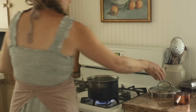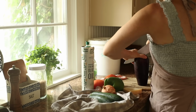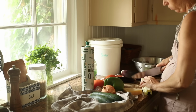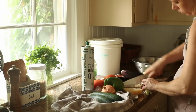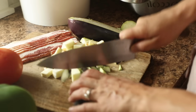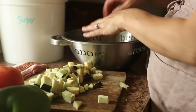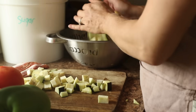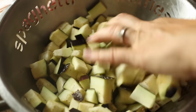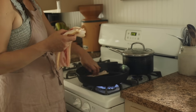I shared on my Simple Farmhouse Life podcast several months ago that we were thinking about putting in a pool at our farm for so many reasons. One is that I just want to be the place where we can host tons of people, where people gather and hang out. And I feel like our new farm really lends itself very well to that. I know personally that I've been to so many people's houses just because they have a pool. It's the place where you gather all summer long, and we wanted to have that going forward in the future. We ended up deciding to do that right away,